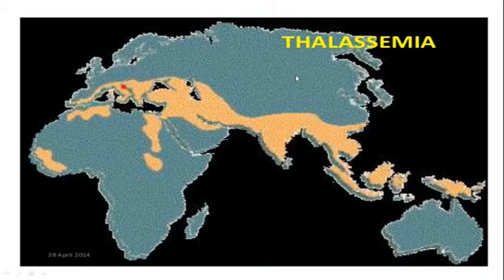And this is basically the prevalence of thalassemia, alpha and beta both types. These are the countries. You can see the Asian and eastern side, southeastern Asia, and the west, or these Arabic countries, or the Mediterranean region. Thalassemia would also have originated from around this area, the Mediterranean region, which is also more prevalent for thalassemia.